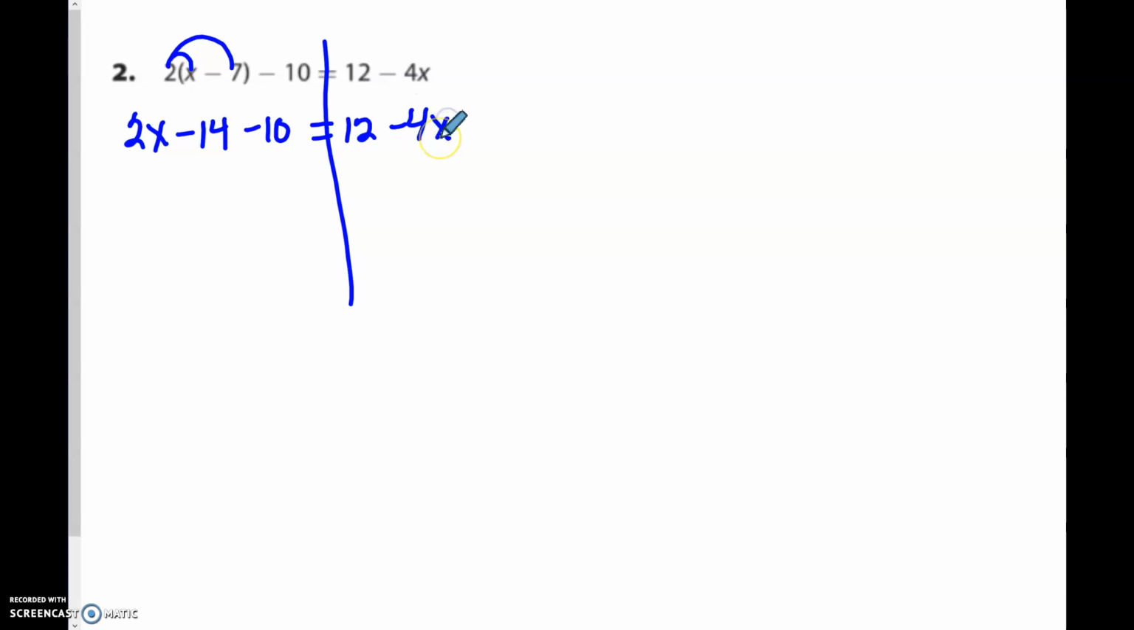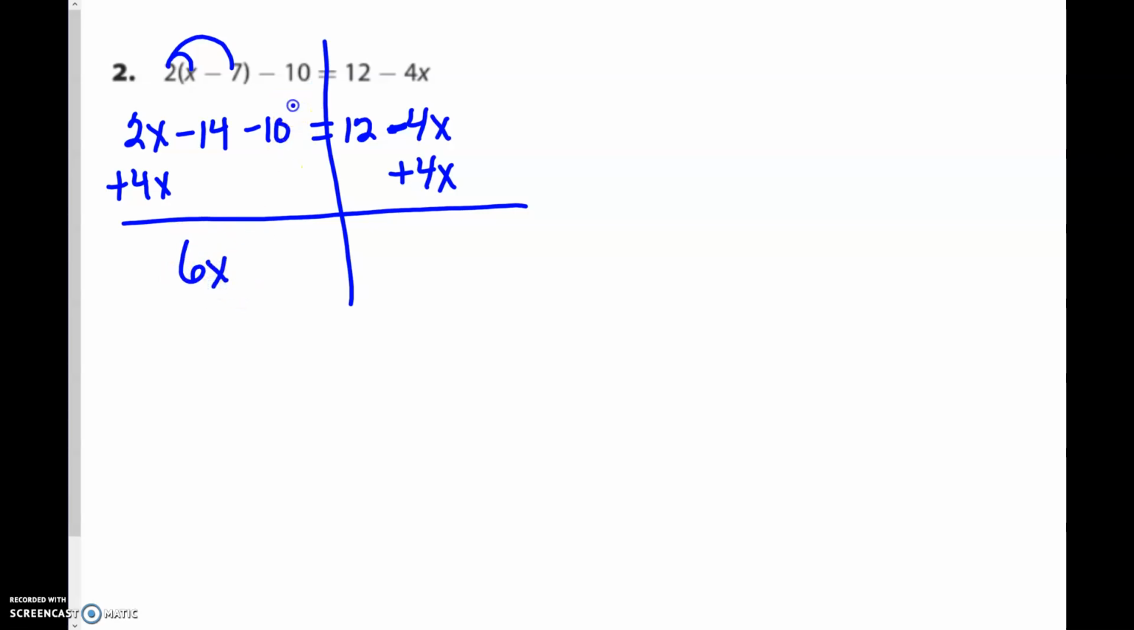All right, we are now going to combine like terms. So I like to move my smaller one, and because this one's negative, that's going to make this one smaller. So negative 4x. So we're going to add 4x to both sides. So 2x plus 4x is